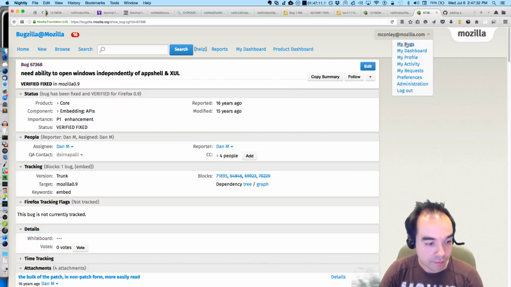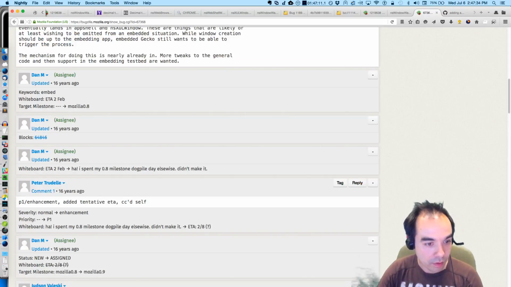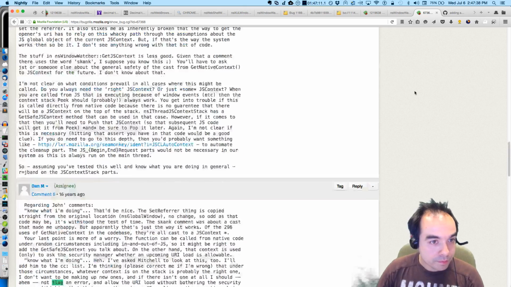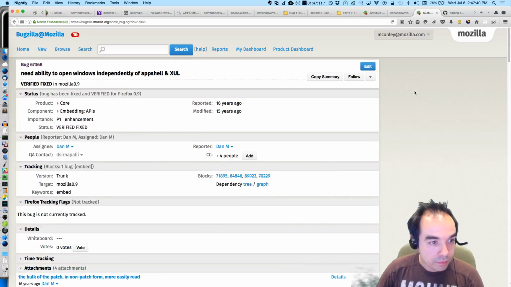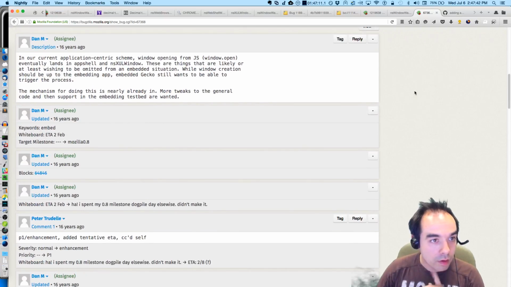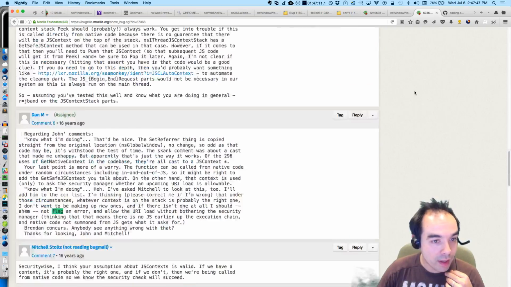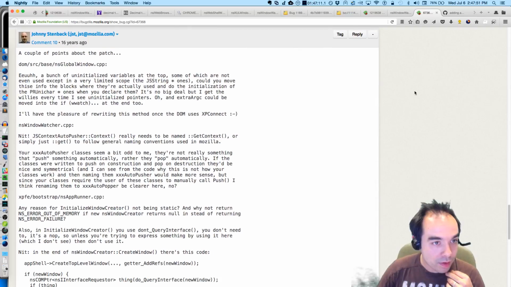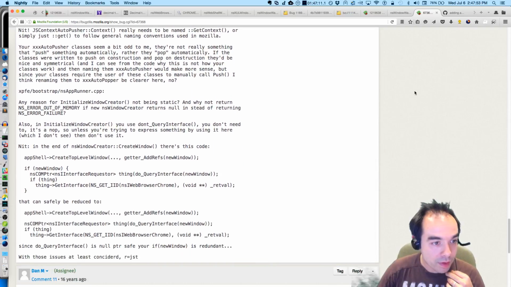Now, currently application searching window opening for JS is way back in the day. Oh my goodness. A couple methods. Yeah, a bunch of uninitialized variables.